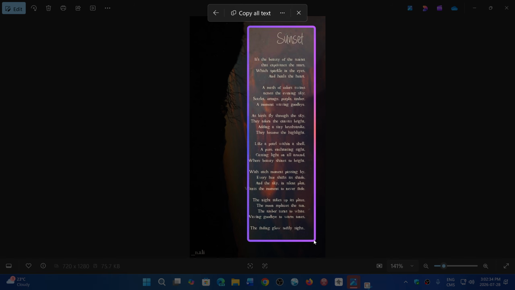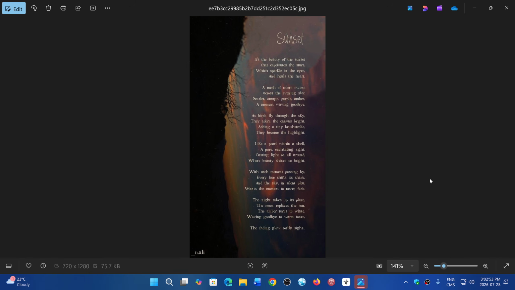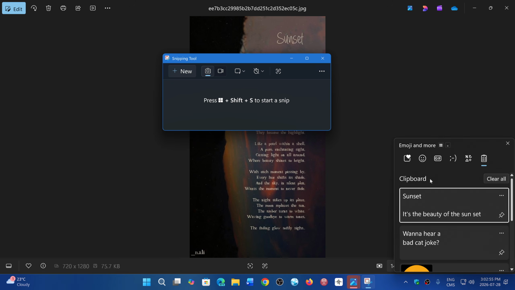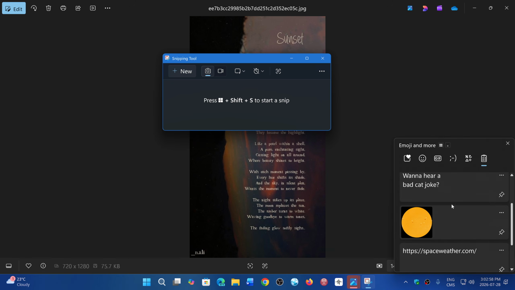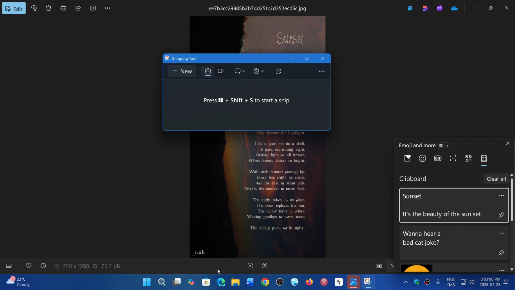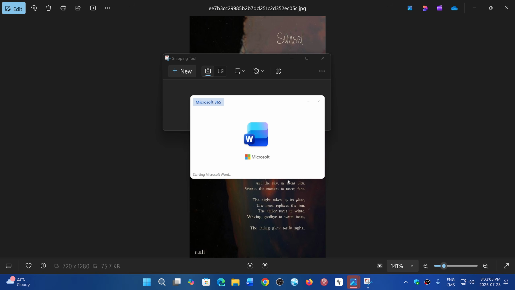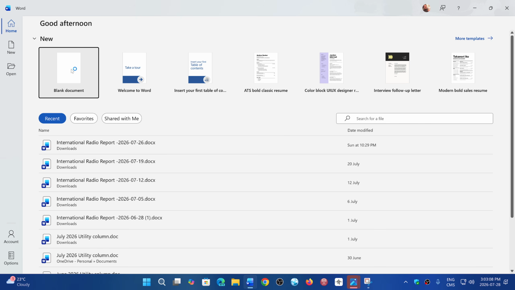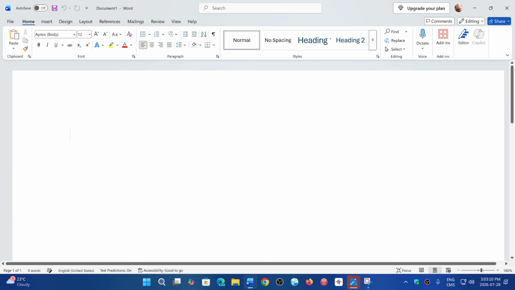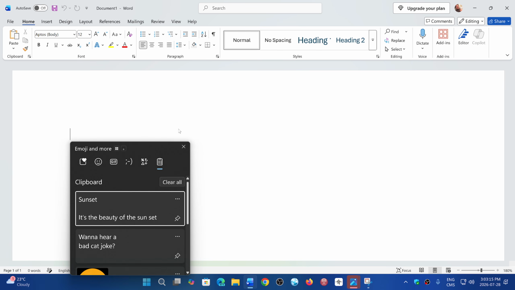And here we go. And some text takes longer than others. You can see that I've been able to take the text out, copy all text. And once again, this is going to be on the clipboard and here. And if you want to paste it somewhere, well, let's say I'm going to open my Word. Here we go, blank document, and I want to paste something. So I'm going to go to the clipboard